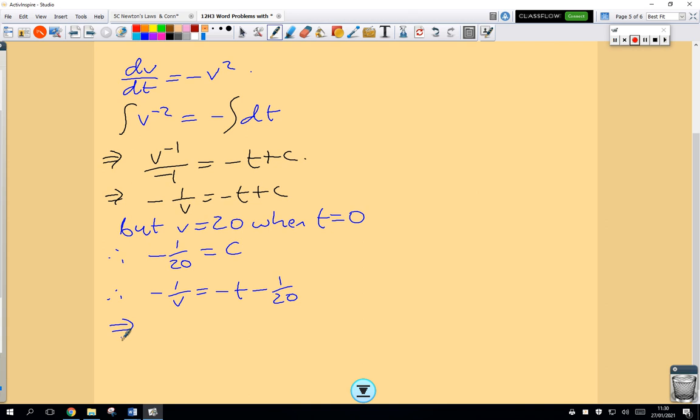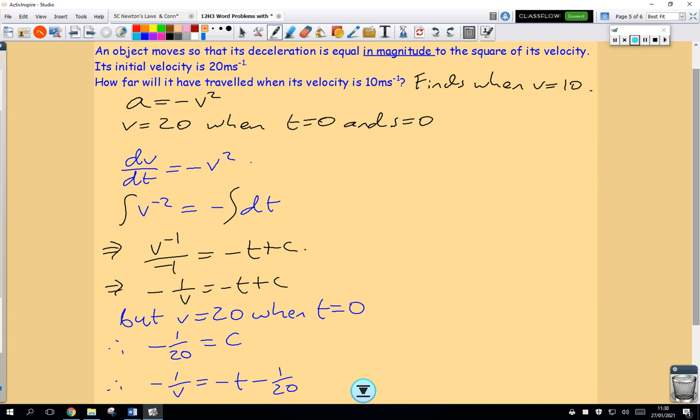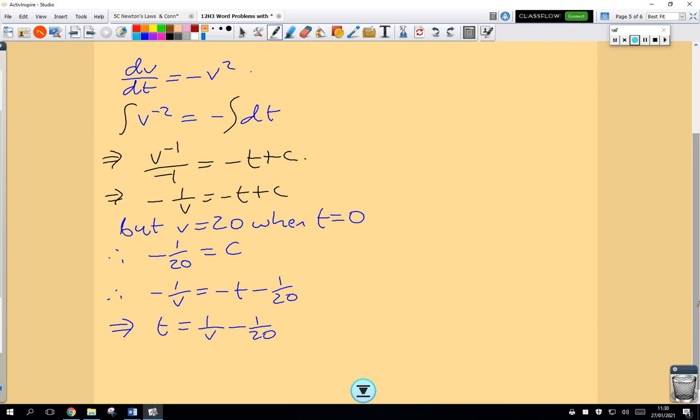So I can solve for t here. t is going to equal 1 over v minus 1 over 20. Okay, and I can also solve for v. Let's just solve for t at the moment, because I'm going to find the time at which the velocity is 10. We're trying to find ultimately the displacement when the velocity is 10, but first I'm going to find the time. So when velocity is 10,